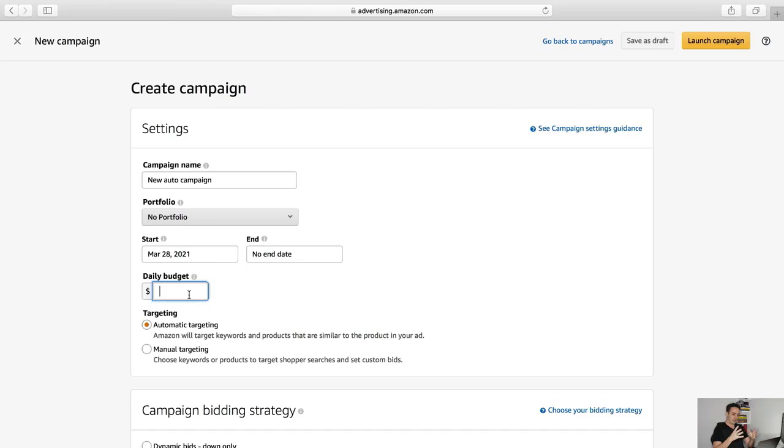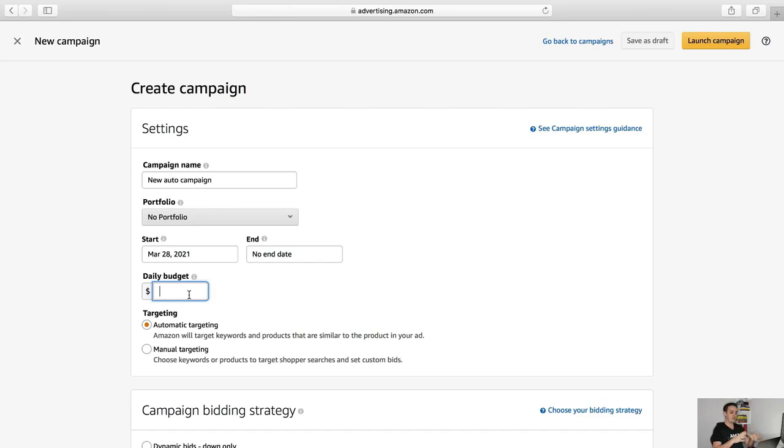Now your daily budget. Now what I need to say is that when it comes to automatic targeting, Amazon will spend every penny that you give them, okay? Their algorithm, as well as it is designed to try and help you to generate sales and become profitable, it's also going to try and make Amazon as much money as possible, okay? So it's going to be battling back and forth between which of those it wants to do. So if you could give this a daily budget of $50,000, you can bet your life that Amazon will try and spend up to